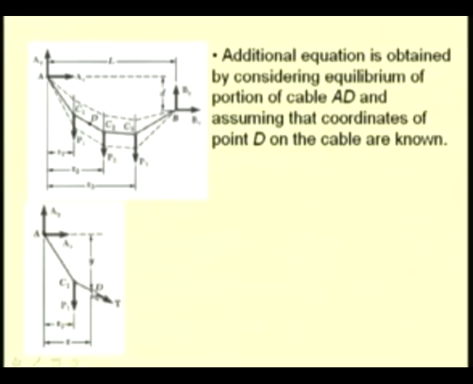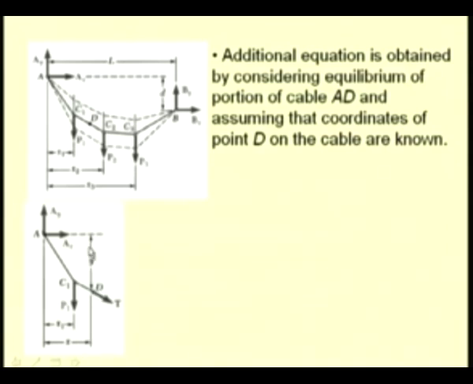So, at D we have the tension of the cable, which is both unknown in magnitude as well as direction, that is depicted by this arrow, and we have these two unknown forces Ax and Ay, the reactions at A, and this load whose horizontal location is known and not the vertical location. We know this coordinate D, both